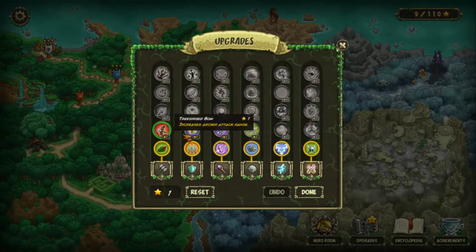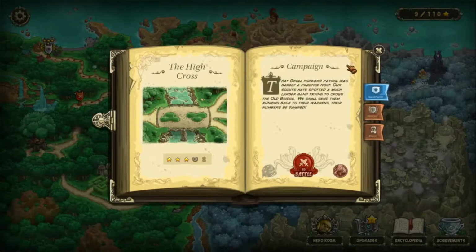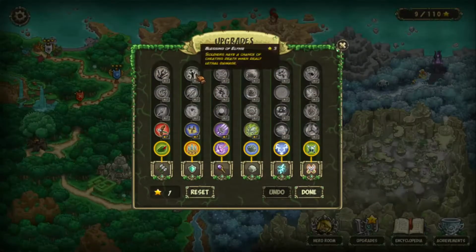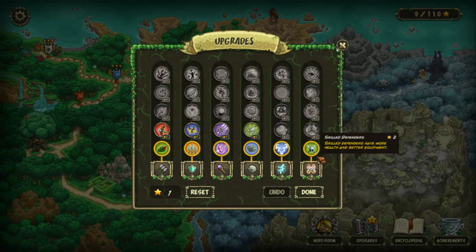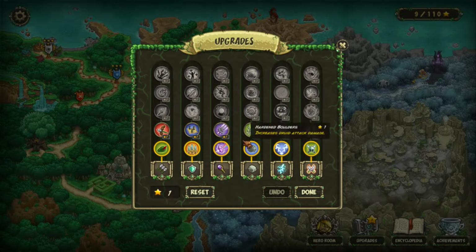So we just beat that level, and I got a gold star from it. And with gold stars, you can upgrade. These are all the upgrades for each tower and reinforcements. So reinforcements get extra